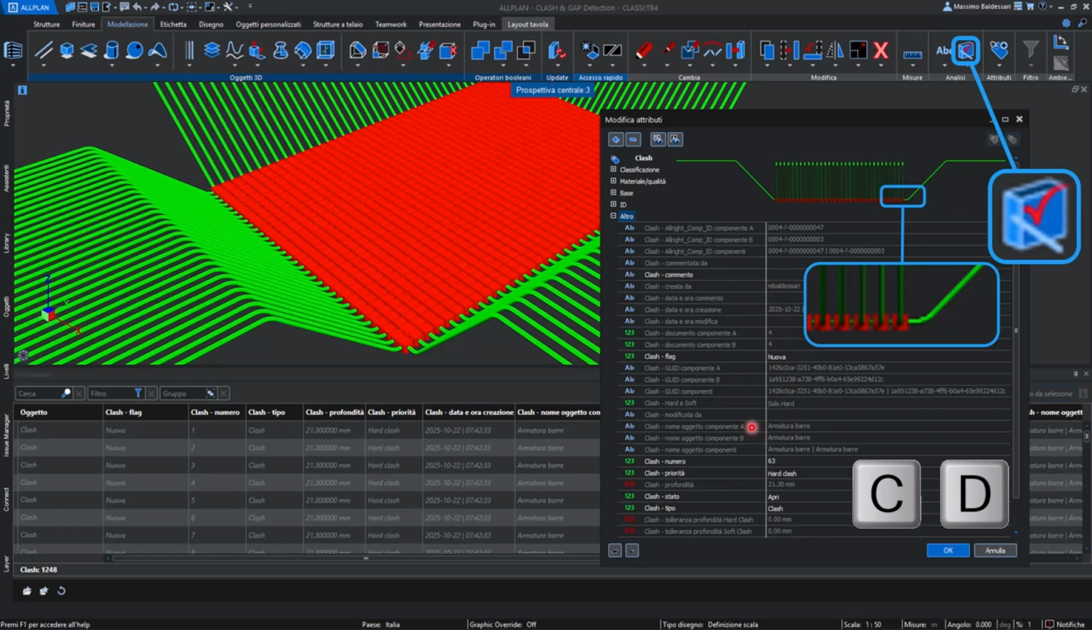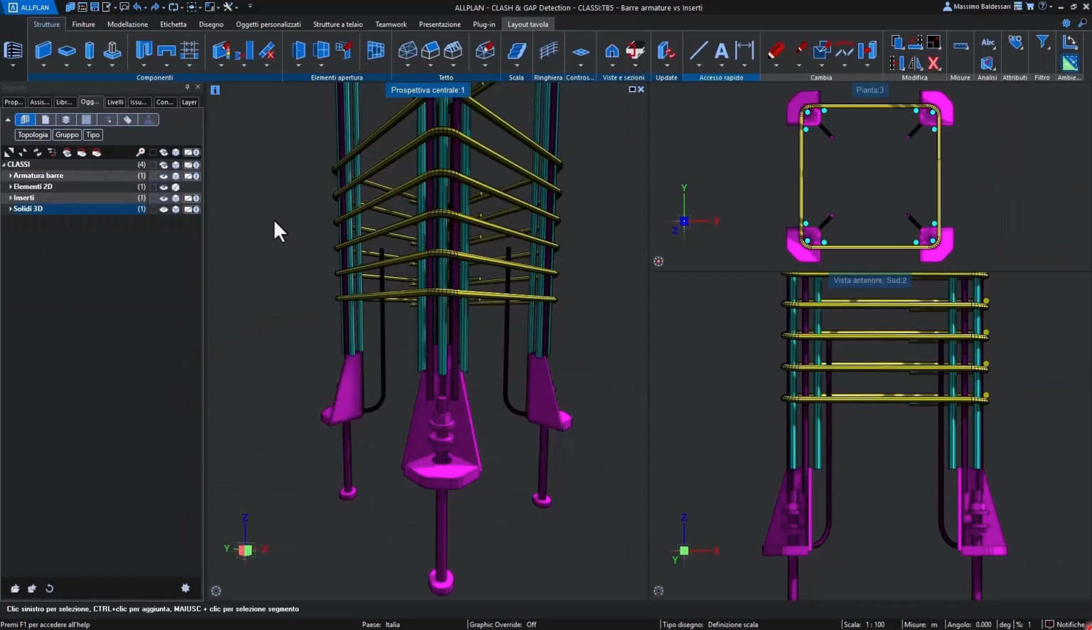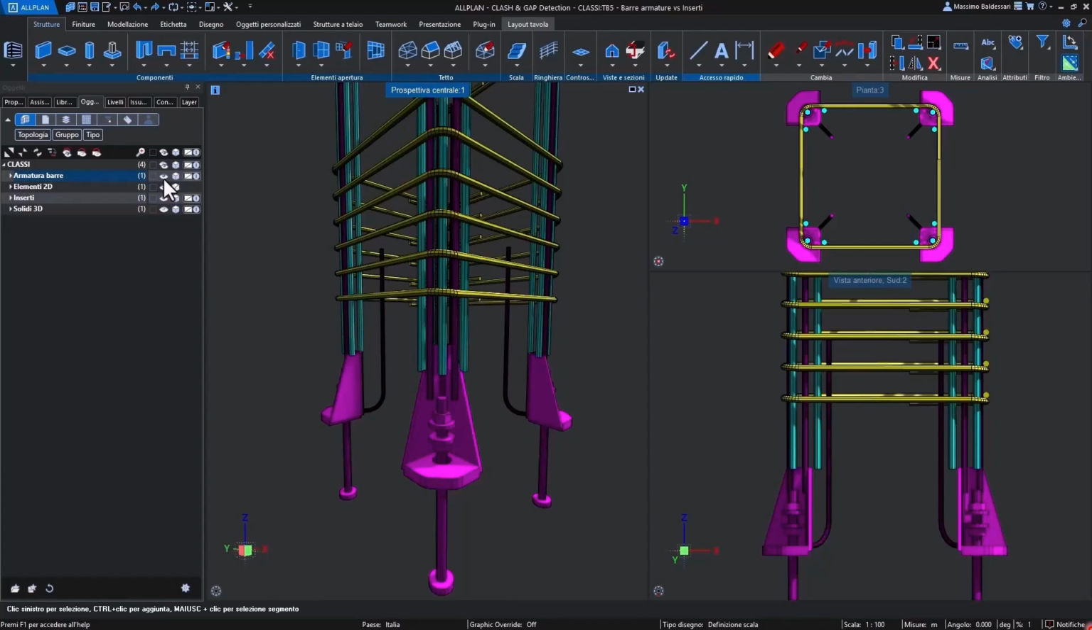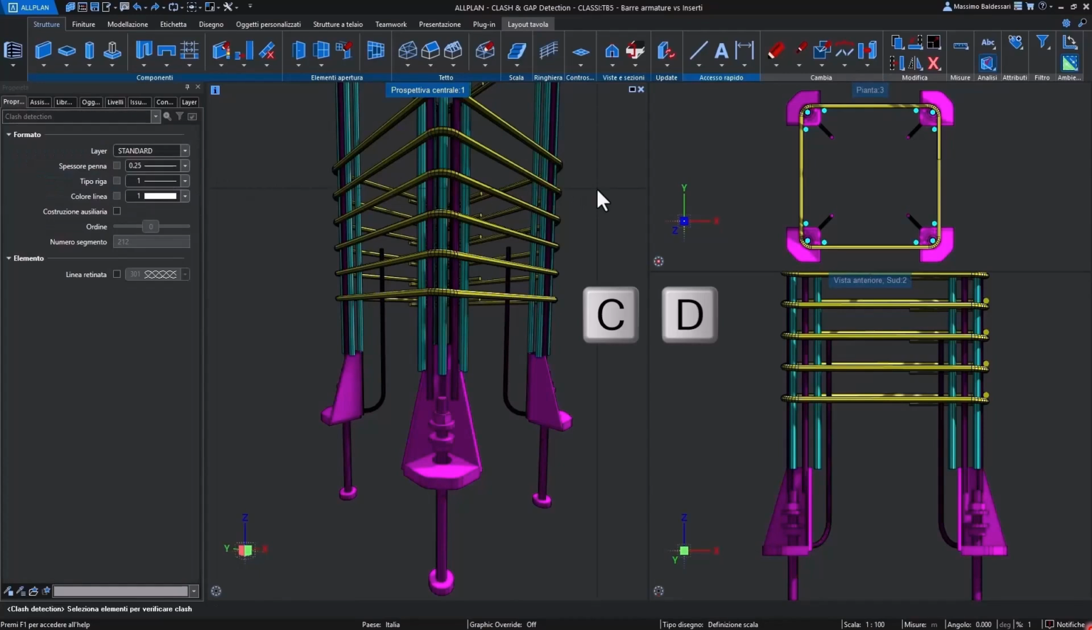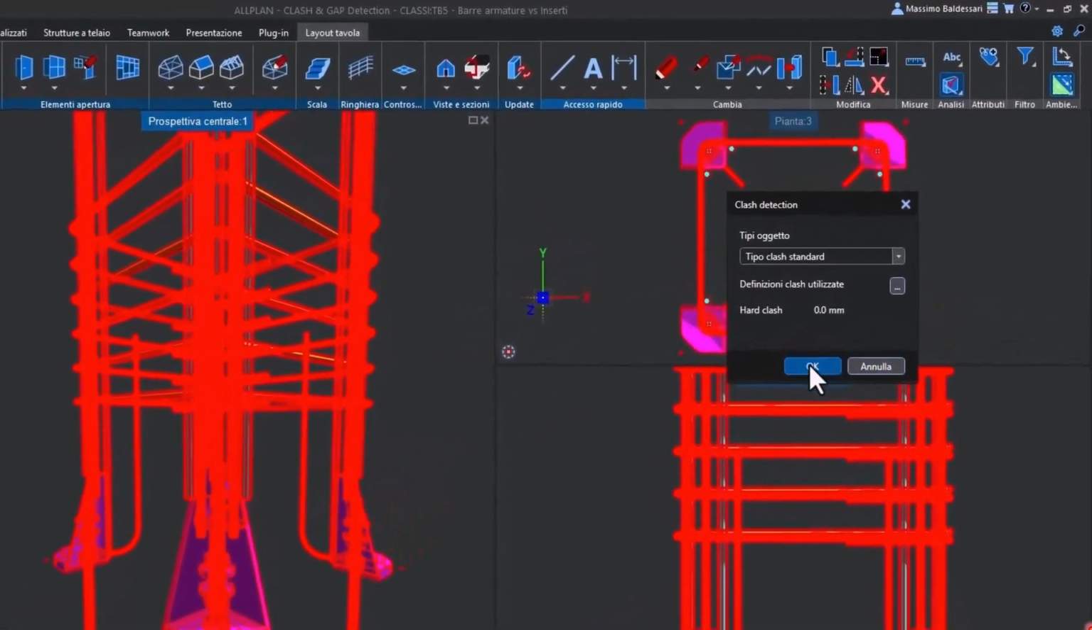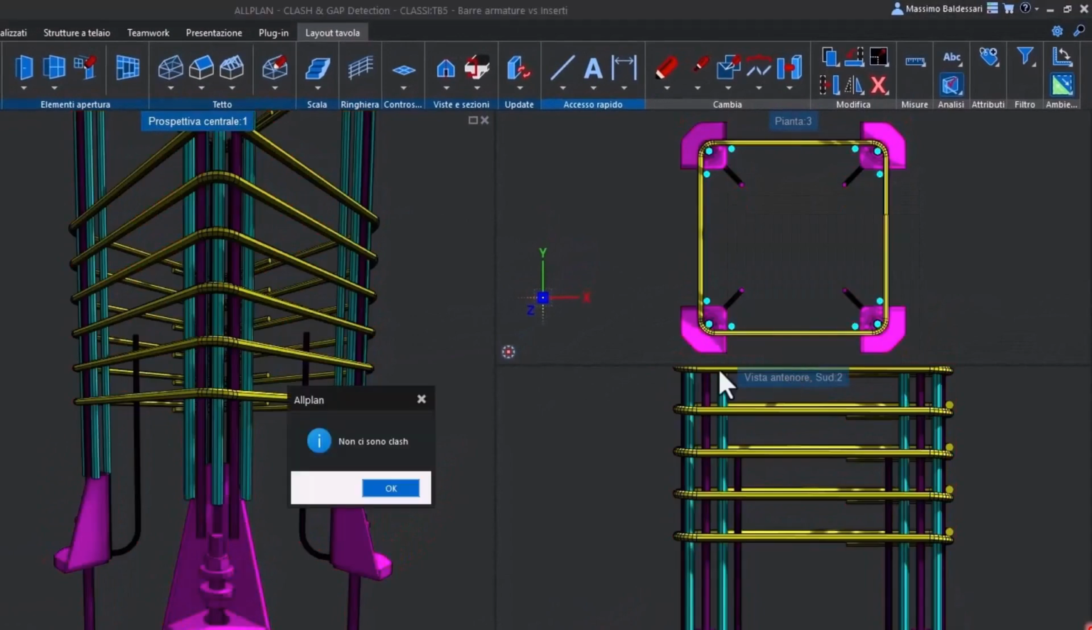To this end, I have prepared a very brief example for you in which you can clearly observe the presence of reinforcement bars, as well as a series of inserts located at the base, which are used to directly anchor my column to the horizontal structure. Everything can be easily checked from the object palette, and then by calling up the CD function, that is clash detection, pressing Ctrl A and running an initial check, I notice that there are currently no clashes of any kind